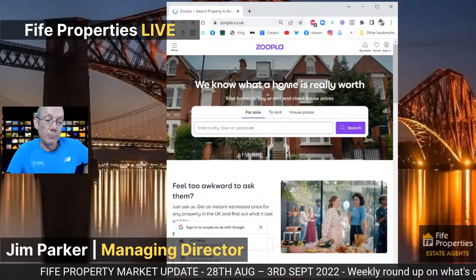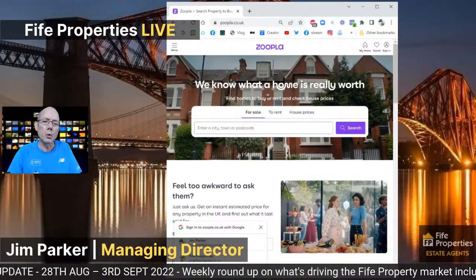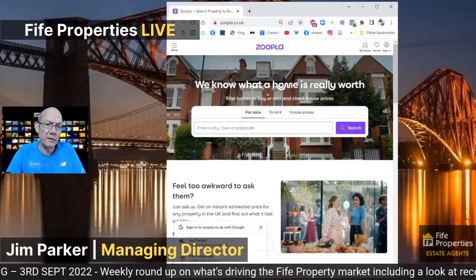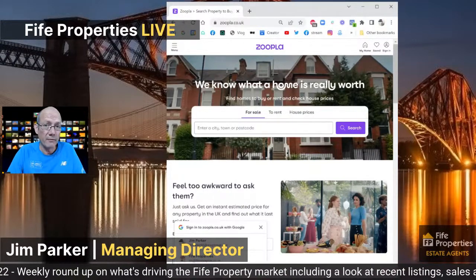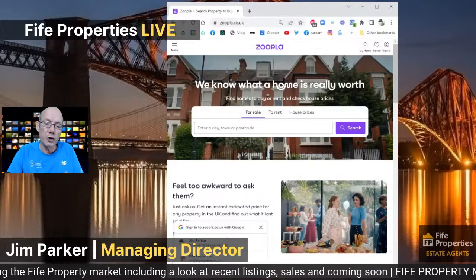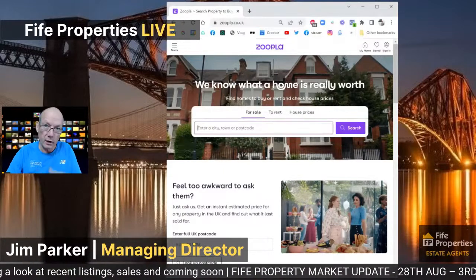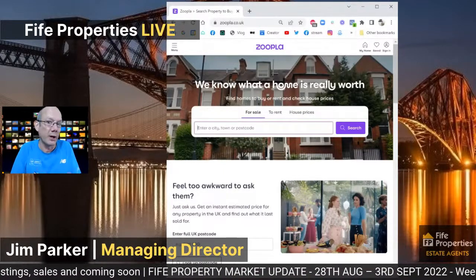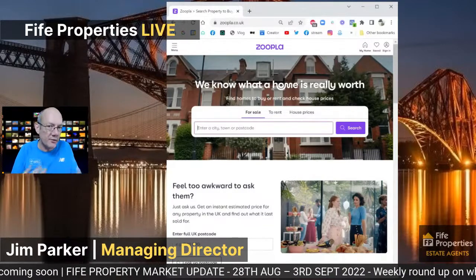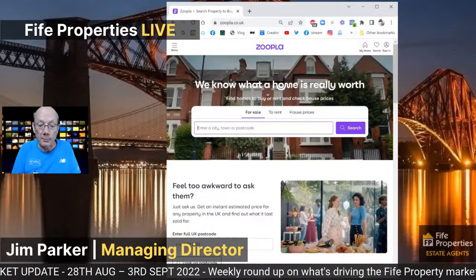Now, what we're going to do with Zoopla is look at the number of properties. Back about 6 months ago, maybe 4 months ago, we were sitting at about 550 properties right across Fife up for sale. And that's all that was available. Now, this gives you a good indication about whether this oversupply issue is coming to fruition. Is this actually happening? We've seen the numbers weekly and we've witnessed them, but does this back up